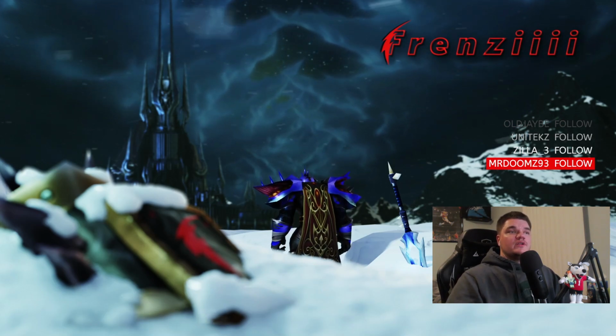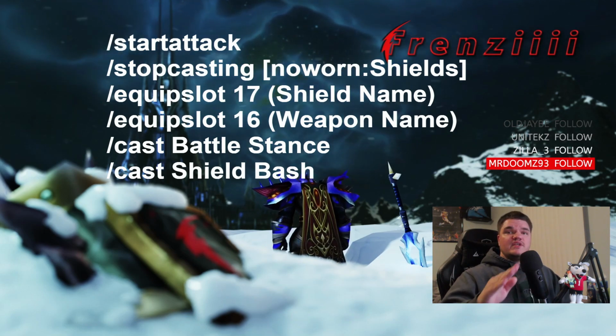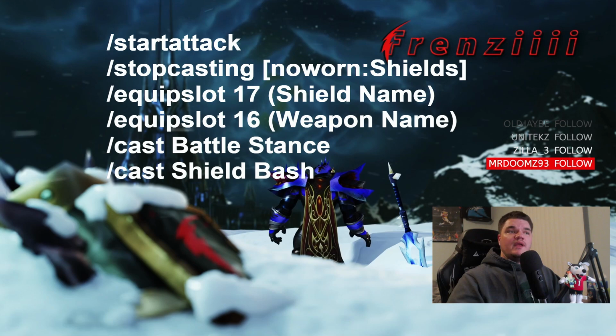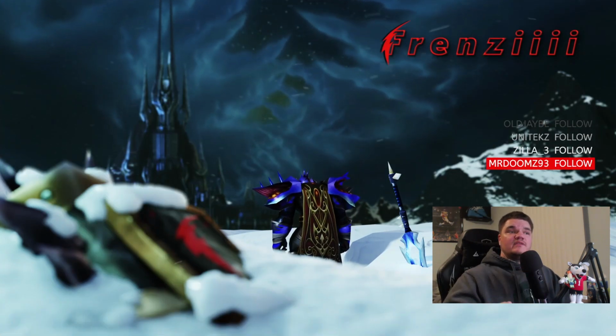So again, start attack, stop casting. This tells the game, no worn shields, tells the game you don't have a shield on. We need to stop casting right now. Put on the shield, equip slot 17, put on the one hand, equip slot 16, cast your battle stance and